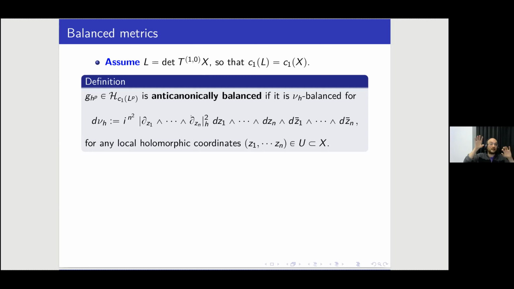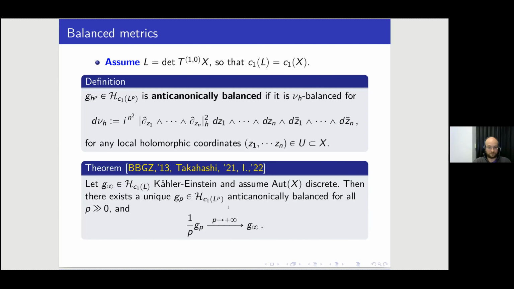the dz1, dzn, which is simply the vector field in these coordinates and generated by these coordinates. And then it's easy to see, it's obvious by definition, that when you change coordinates, the factors that go here will be cancelled by the factors that go here, right? So it's actually globally well defined. Here is the correct factor to make it a volume form. Right, so it's indeed a volume form, and you can define balance for this volume form, anticanonically balanced.